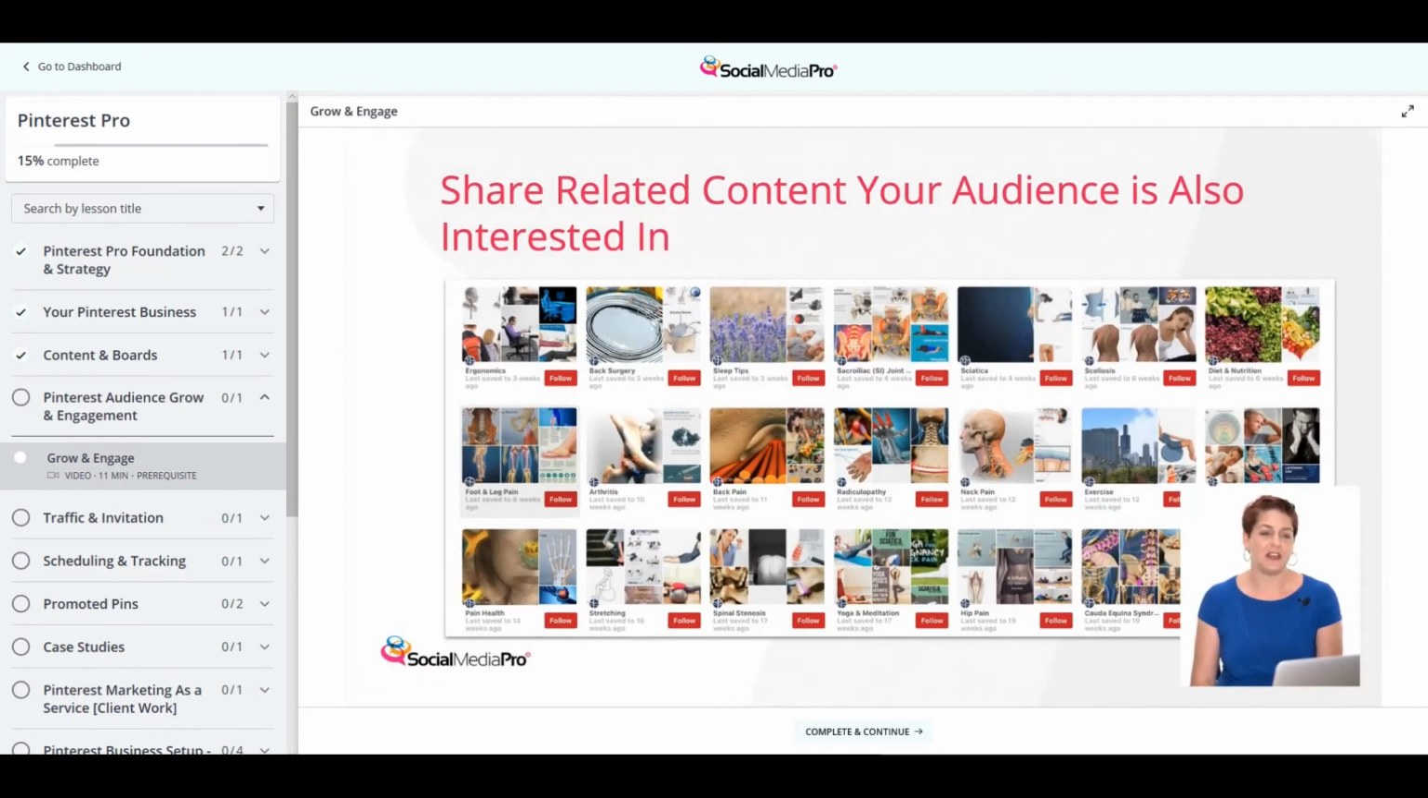Share related content your audience is also interested in. Just like with communities, you want to be sharing content that your avatar is interested in. You have a client, they have an avatar, and say they're looking on Pinterest for koi ponds. Now, not only are they looking for koi ponds, maybe they're looking for certain types of fish. Maybe they're looking at certain types of landscaping. Maybe they're wondering if this is the perfect type of element to have in their backyard if they live